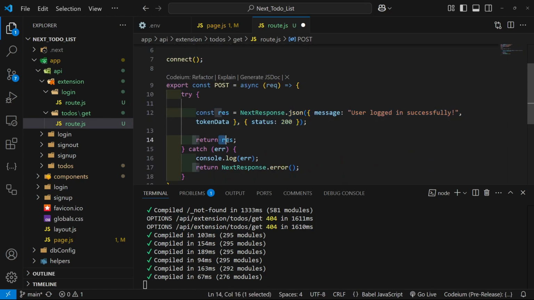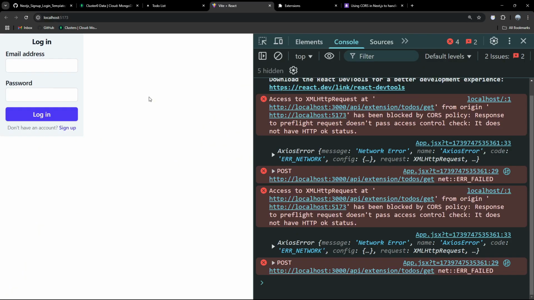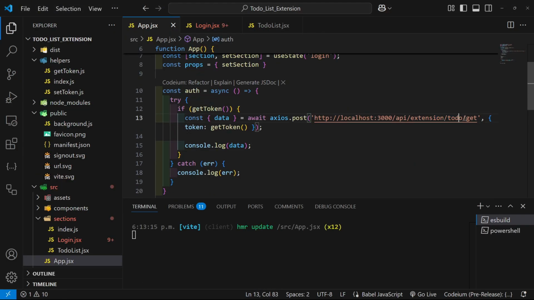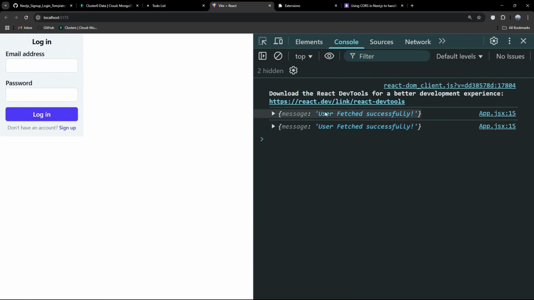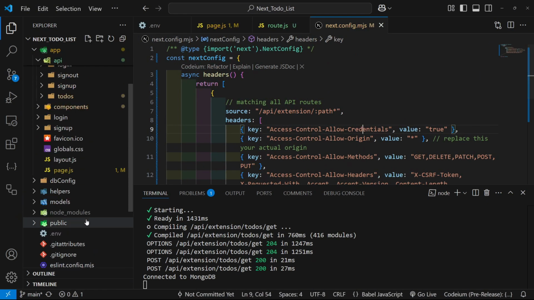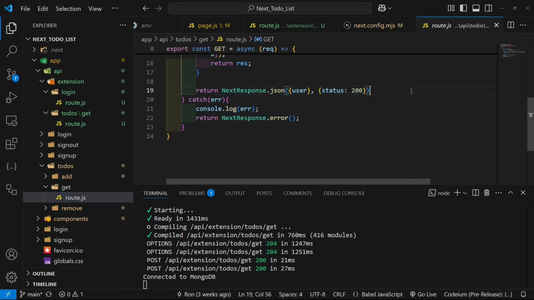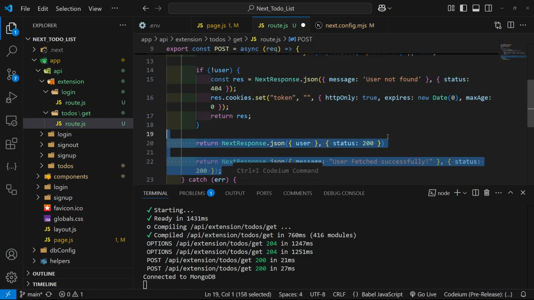So let's return this NextResponse, which is gonna say user fetched successfully, no token data. And let's refresh. We are getting an error, and I think I know why we're getting this error, and that's because of the to-dos. So I wrote extension to do get, but this is going to be to-dos. We're going to refresh everything, and there's our message, user fetched successfully. So this works, but now that we're setting the token, we are going to find to-dos, get, and then let's copy all of this, go back to our to-dos instead of the extension,